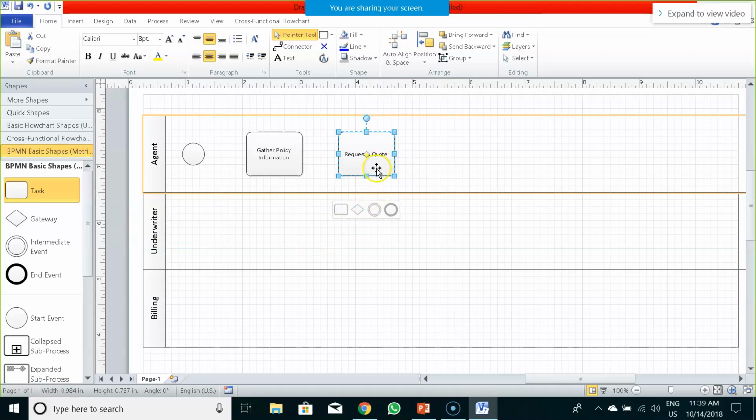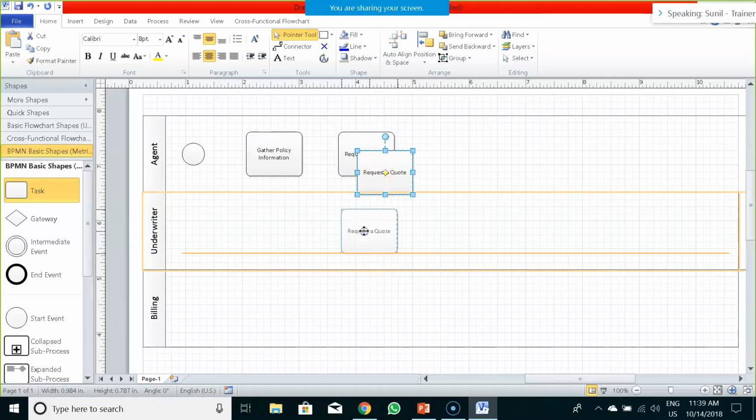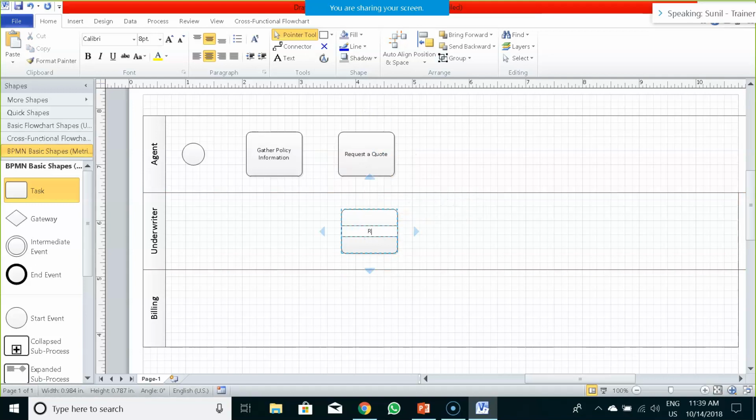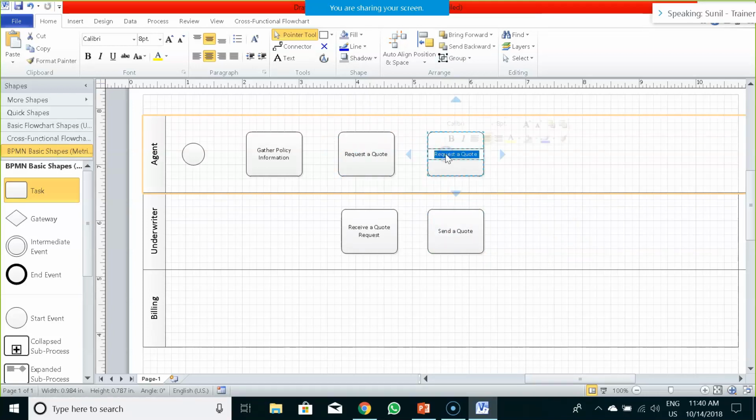To whom would he request a quote? To the underwriter. So what would the underwriter do? The underwriter would receive a quote request. After that, he would send that particular quote to the agent. Now what would the agent do? The agent would receive the quote. After that,